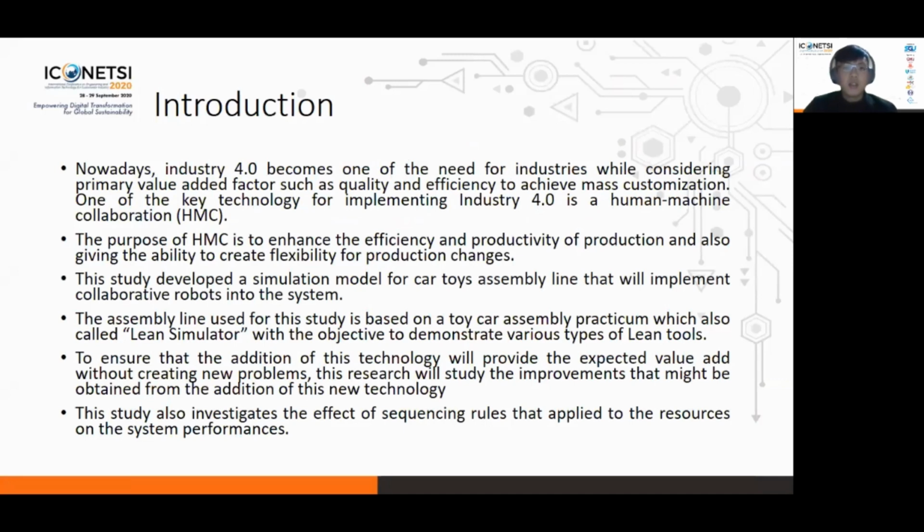And then this is the introduction for my study. Nowadays, Industry 4.0 has become one of the needs for industries while considering primary value-added factors such as quality and efficiency to achieve mass customization. One of the key technologies for implementing Industry 4.0 is human-machine collaboration, or HMC. The purpose of HMC is to enhance the efficiency and productivity of production, and also give the ability to create